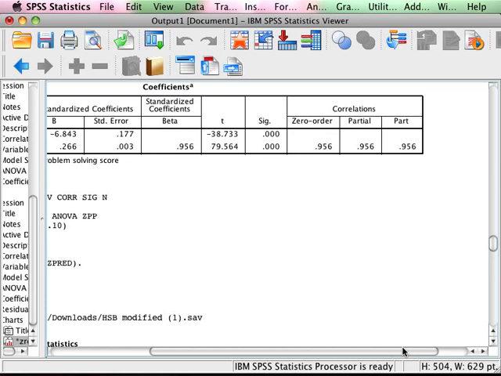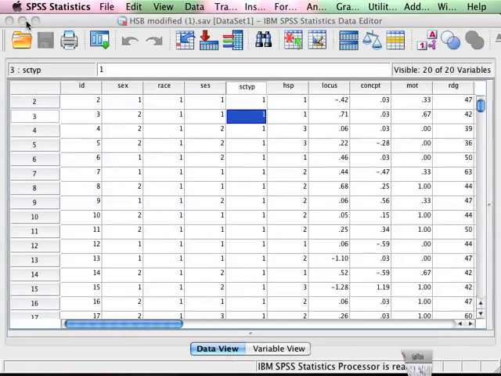And basically, I'm going to use the partial and the part to identify unique characteristics about the variable that I'm looking at that moment. But we'll get there in a minute. So, if you want to open up the multiple regression notes,